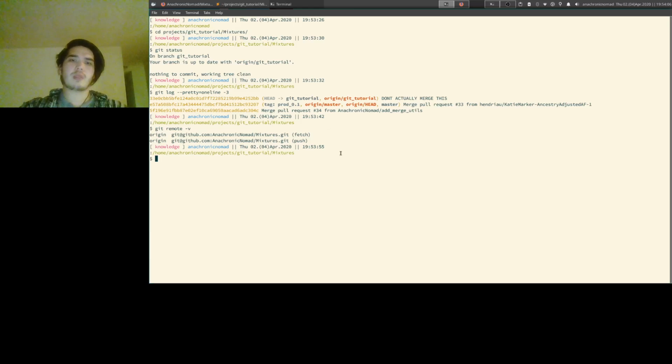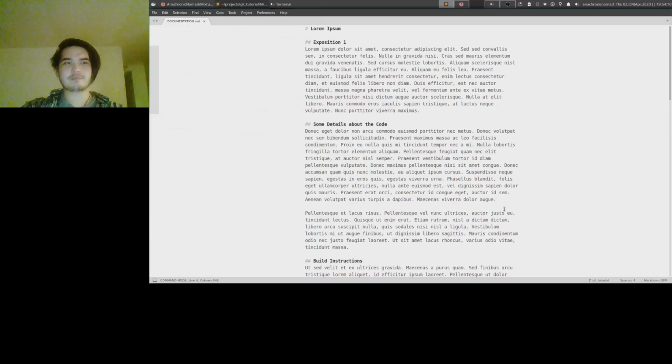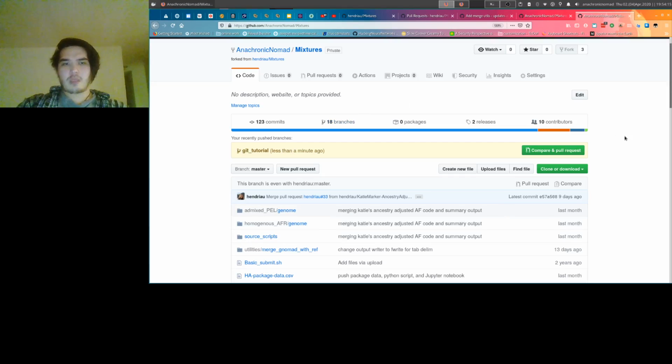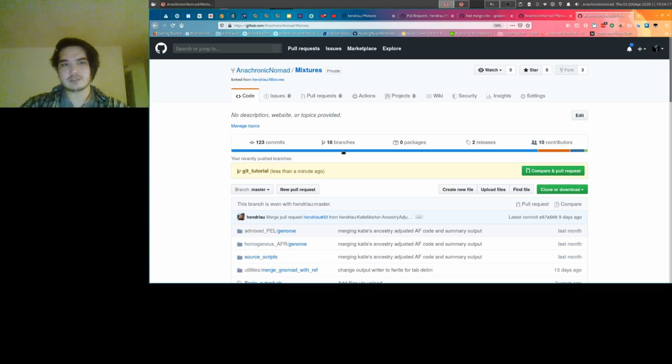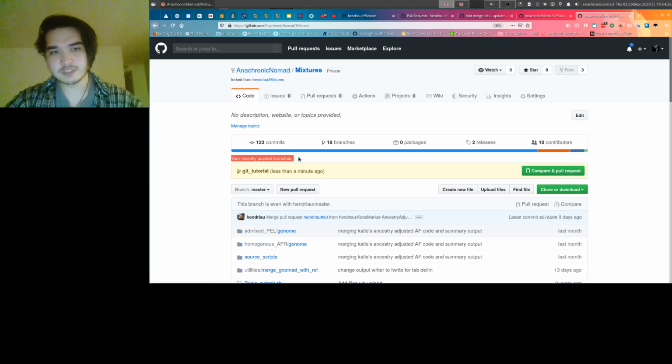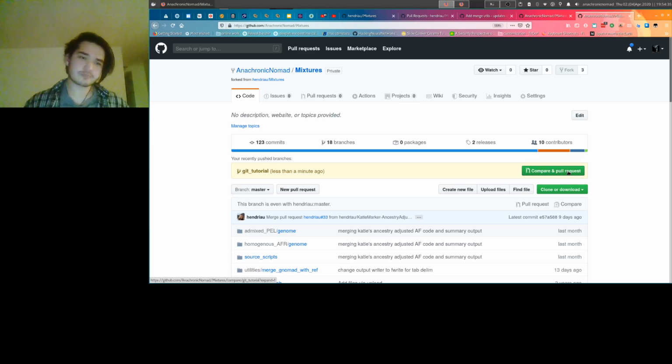Now, and of course, I've said don't actually merge this. So what's going on is GitHub, when you're looking at your own remote or your GitHub fork, will automatically keep track of recent branches that you've been pushing, and it will give you an option to just go ahead and make a pull request. Now, a pull request,